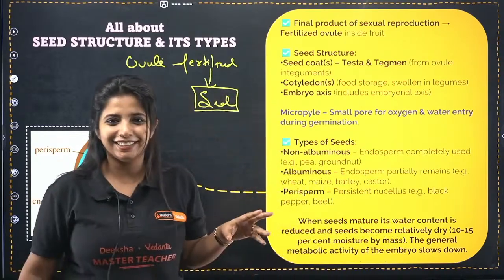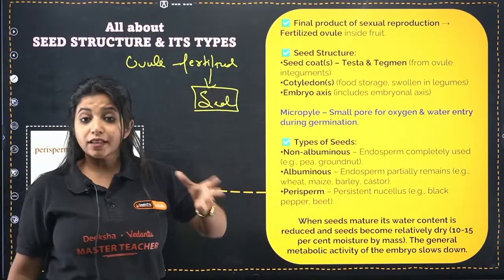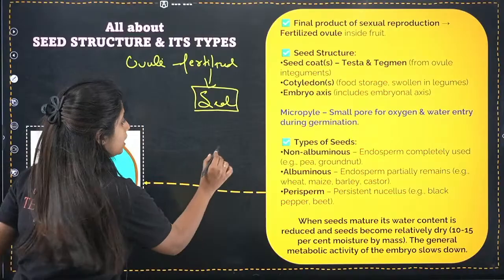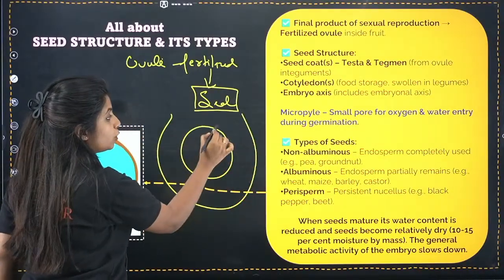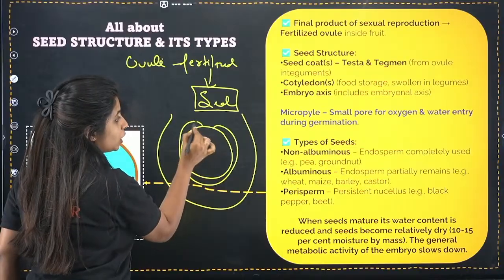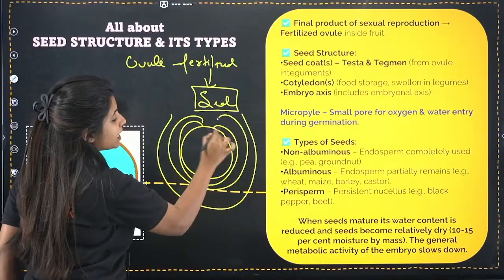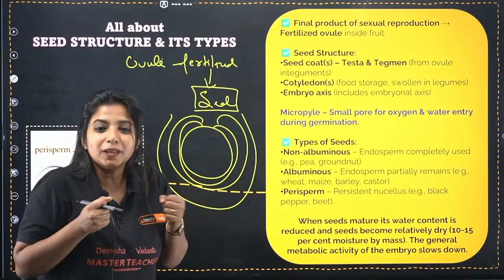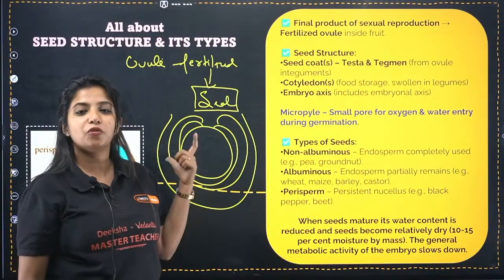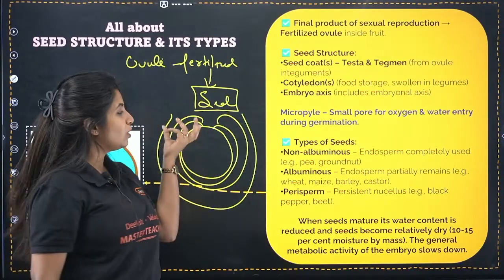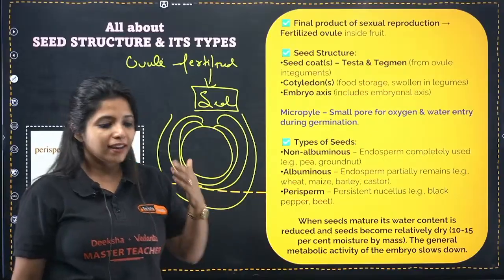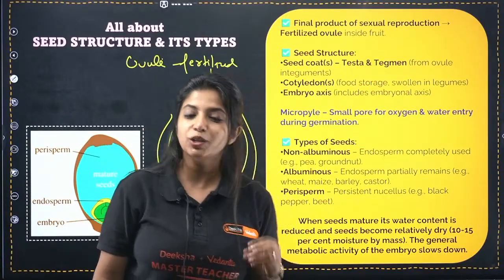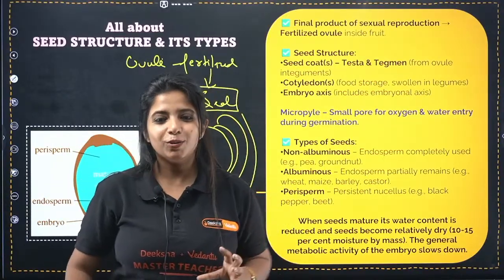Okay, good. So listen to me. What are the structures of the seed? Always understand, you had the ovule. Remember, I taught you in the previous class, the ovule was covered by integuments, inner integument and outer integument. I told them that they were the sweaters that the ovule wore. Please understand, now when the ovule becomes a seed, you will not call them integuments anymore. Rather, you will have another name for it. You will call them the seed coat.